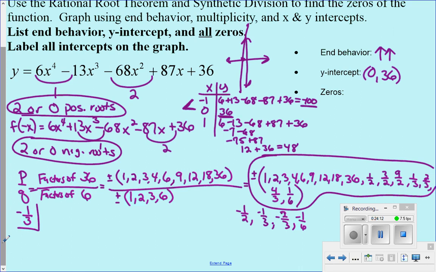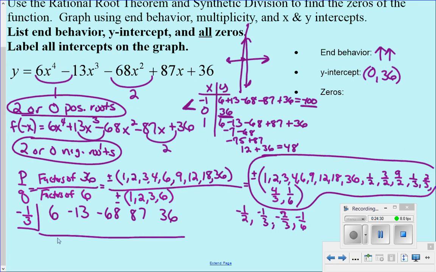You're going to realize it's not the root when you get to the end of synthetic division and you don't have 0 as the remainder. So I'm going to write my coefficients here. I have 6, I have -13, I have -68, and I have 87 and 36. No missing terms, so no need for a 0. 6 comes down. Now, when you're doing 6 times -1/3, that's like 6 divided by -3. So we know that that's -2. Plus -13 is -15. -15 times -1/3 is -15 divided by -3, which is 5. Plus -68 gives me